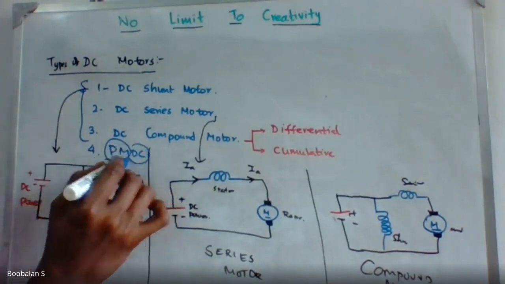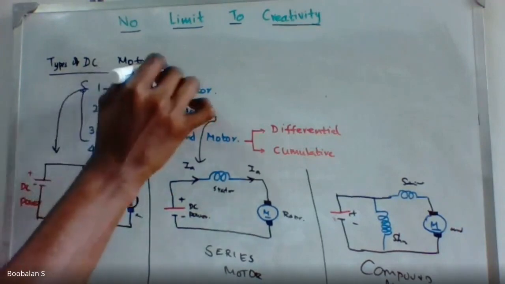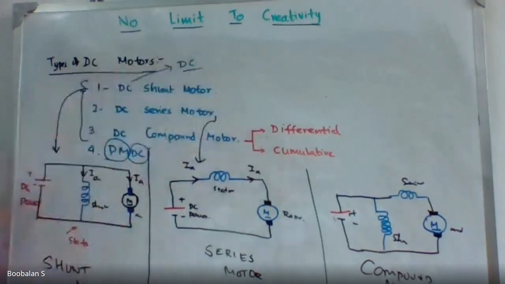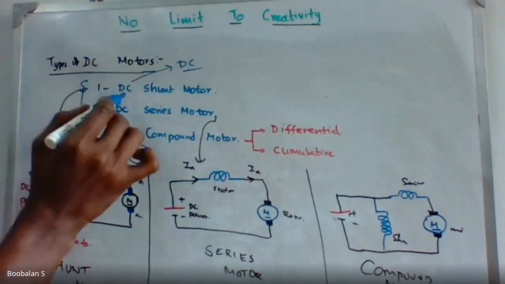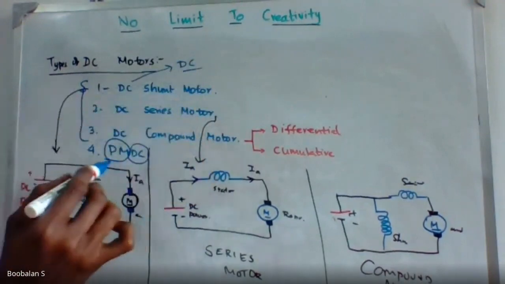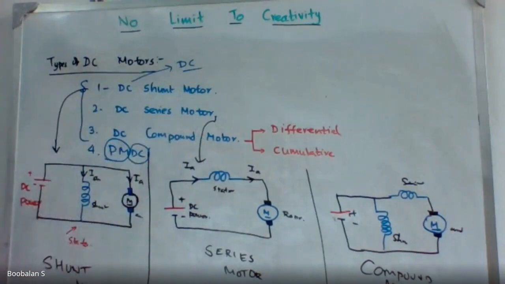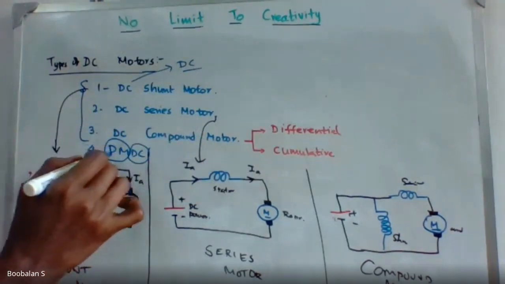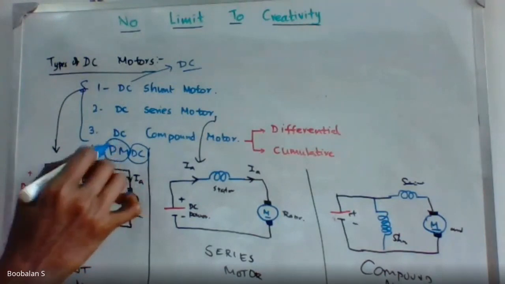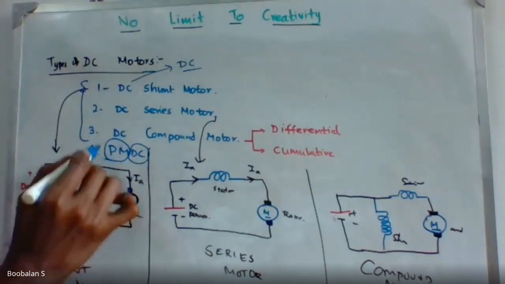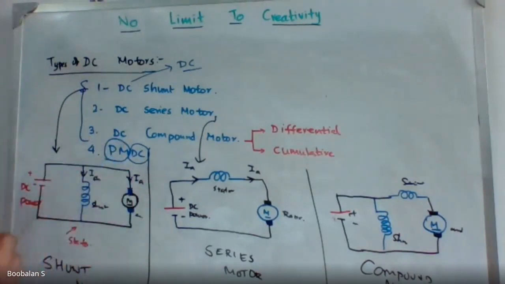And direct current motor, that's called DC, in the sense direct current, right? So DC motor means direct and unidirectional power supply: direct current shunt motor, direct current series motor, and PMDC, in the sense permanent magnet DC motor. Instead of using an electromagnet, they use a permanent magnet inside as the stator. That's why it's called a permanent magnet DC motor.